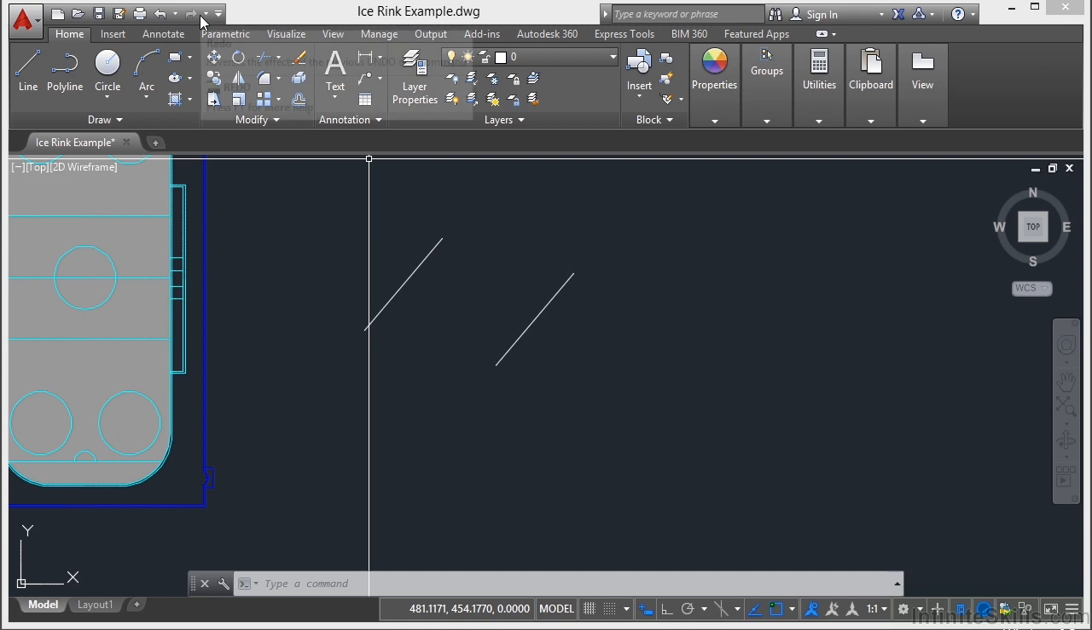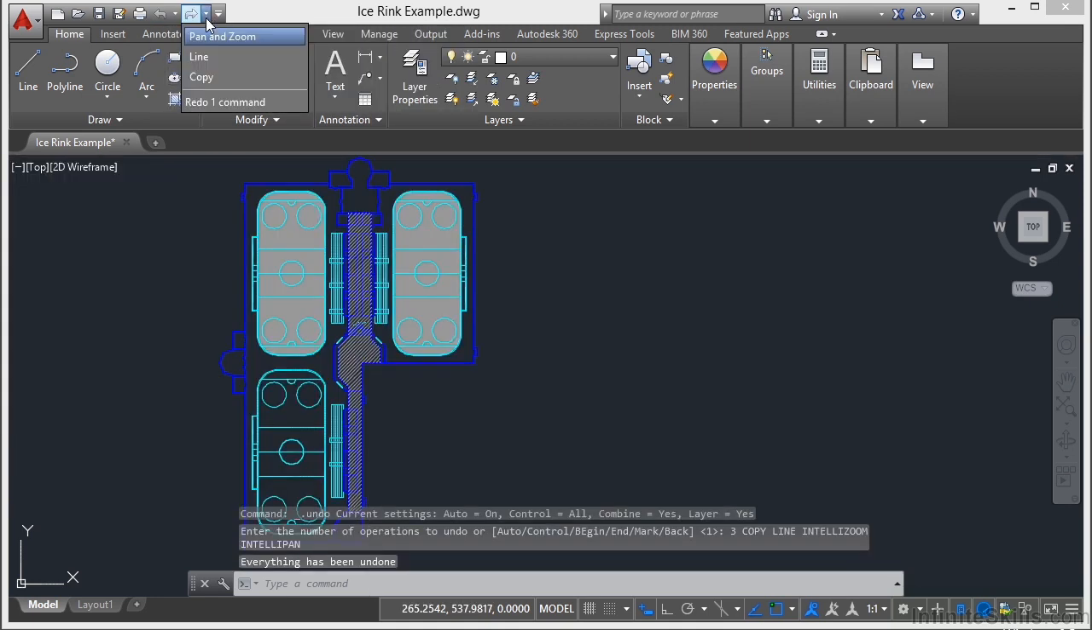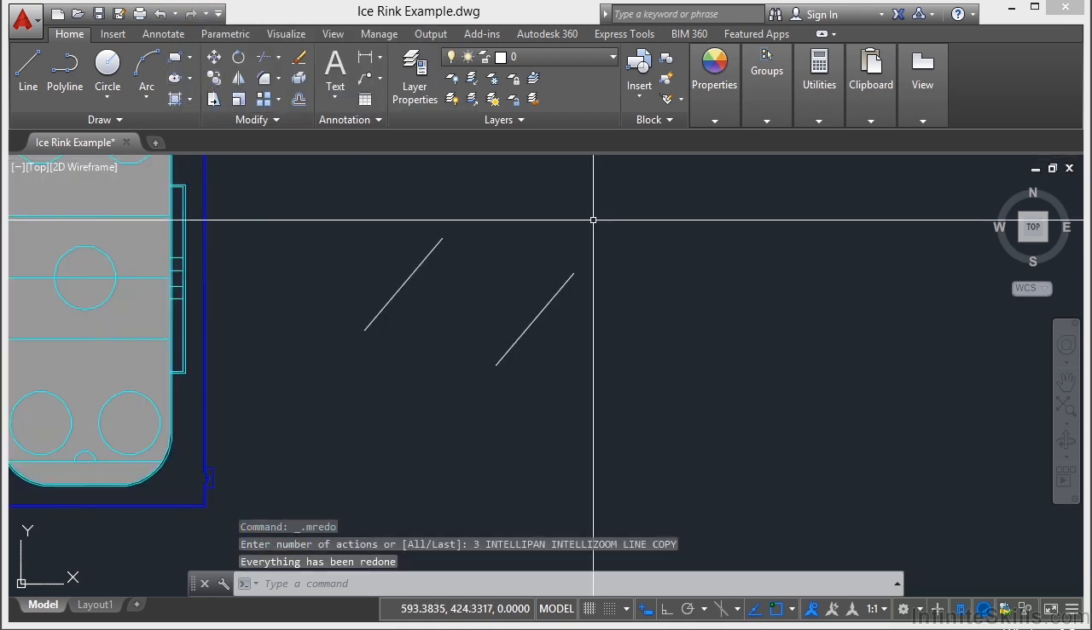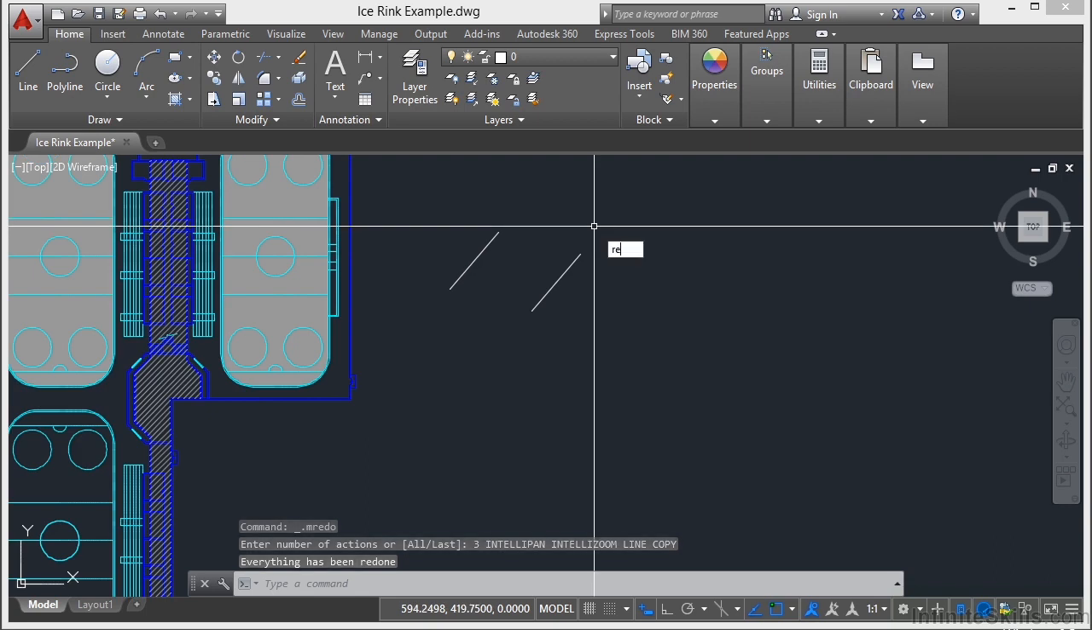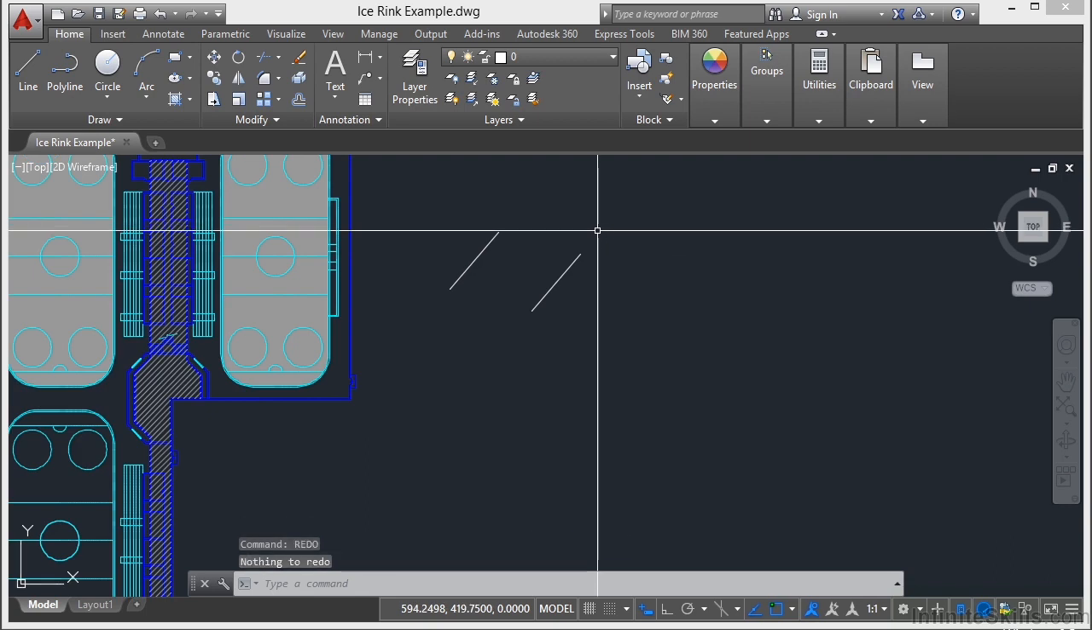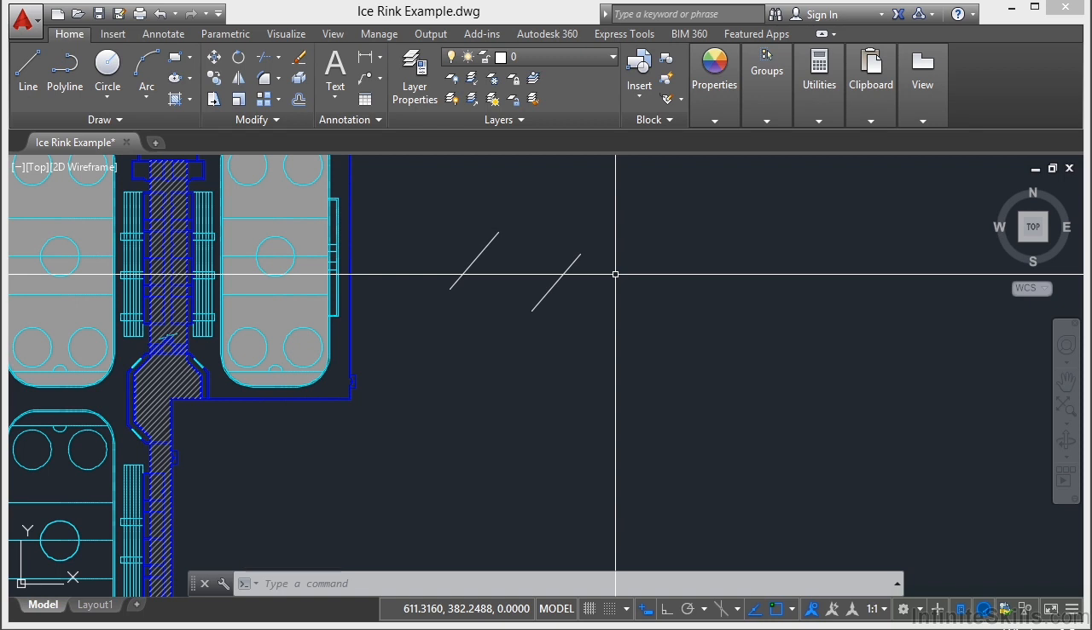But once you redo it, can you undo it again? You can keep going back and forth if you so choose. So you can get to the redo by typing in redo, just like you did with the undo command. Now the undo feature can